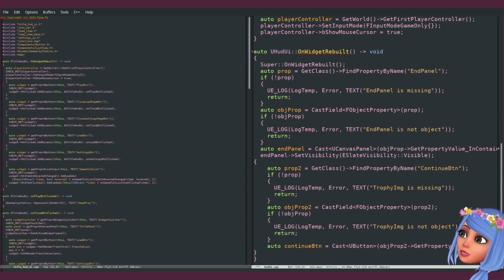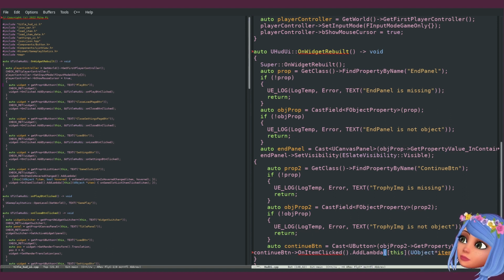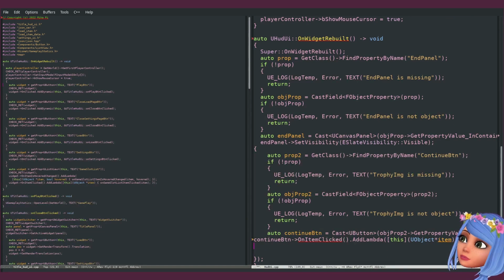And what we need to do on item clicked is add a lambda, UObject star item, and we are going to call